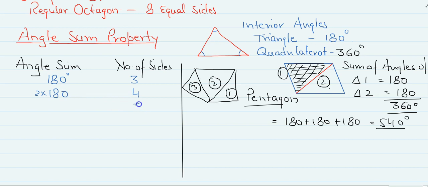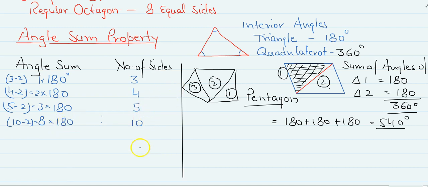When we have 5 sides, we multiply 180 by 3. This is 3 minus 2, that is 1. This is 4 minus 2, that is 2. This is 5 minus 2, that is 3. So for 10 sides it will be 10 minus 2,